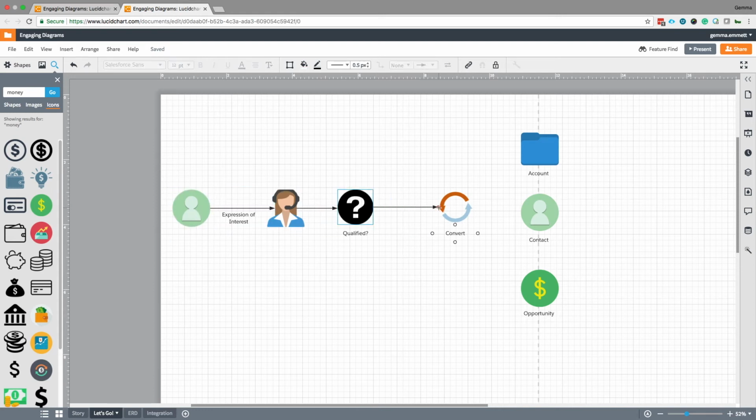So I'm going to link these up. So once it's qualified, I'm going to convert it in Salesforce, and it's going to become an account, it's going to become a contact, and it's going to become an opportunity. So now that this has taken place, I need to put some boundaries in. I need to show this is where the boundaries are between people and then what